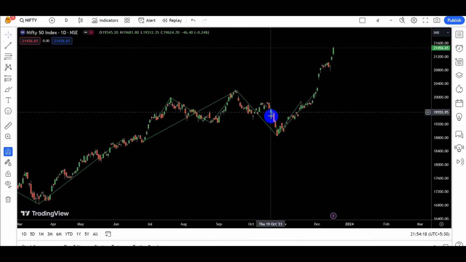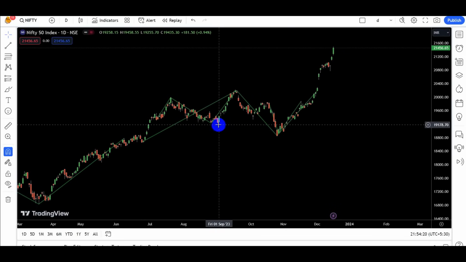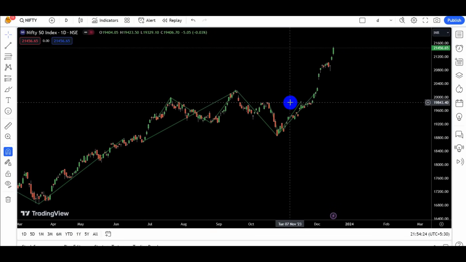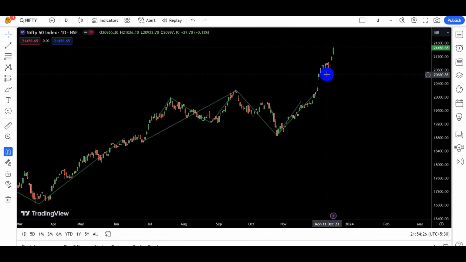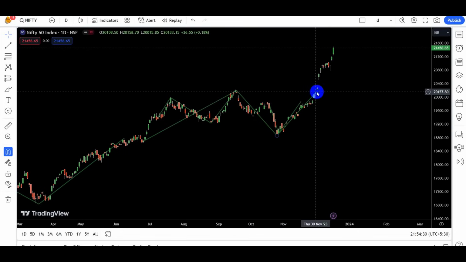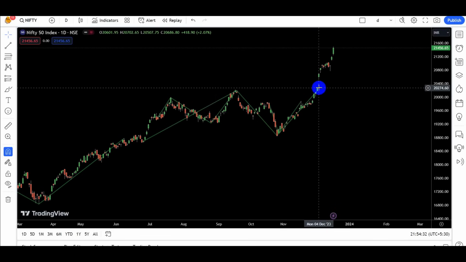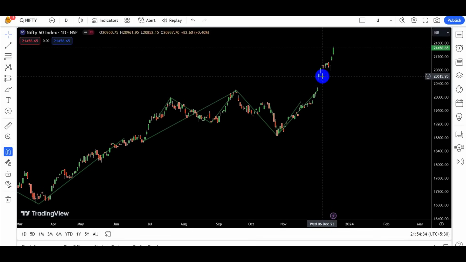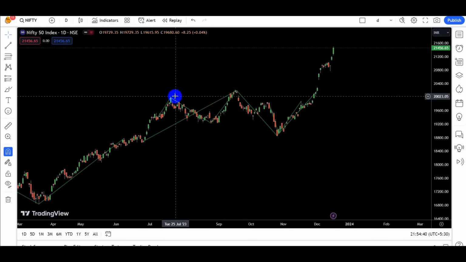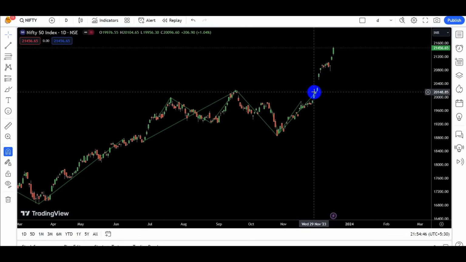So from this high to here, it broke this low. So this is the most valid point, and from here it goes up. So this completes this triangle and again goes up from this high to this place where it broke, and once it's broken, it gapped up and it went up massive. So if you check this level, this high is supposed to hold, but it didn't. It broke, so it went up,